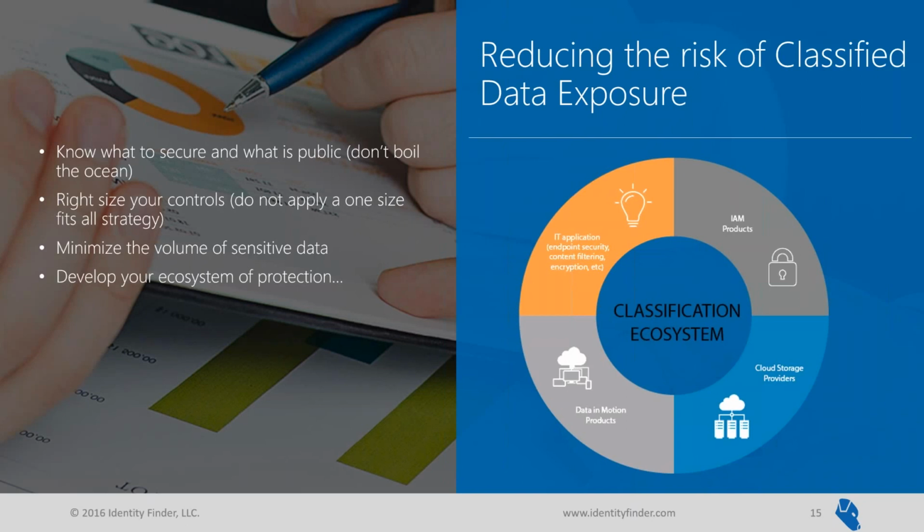So again, data in motion products, the DLP products, those might be part of your strategy. Identity and access management might be. Having cloud might be something your organization does. You might be completely against the cloud. No employees are ever allowed to post data there. And minimizing that volume of sensitive data by not having it in the cloud, that could be part of the strategy. The most important thing we're trying to say before we get into the technology is